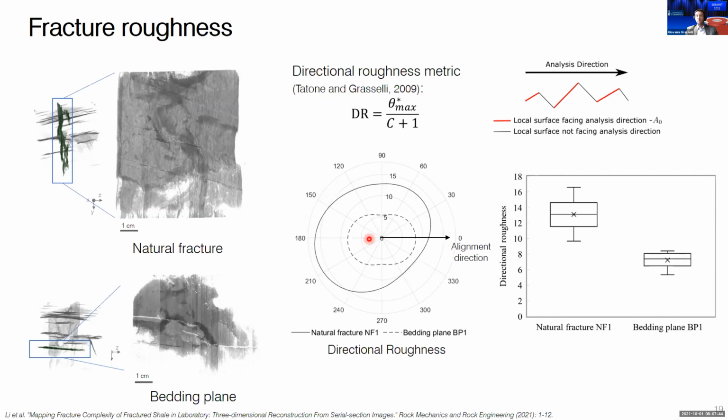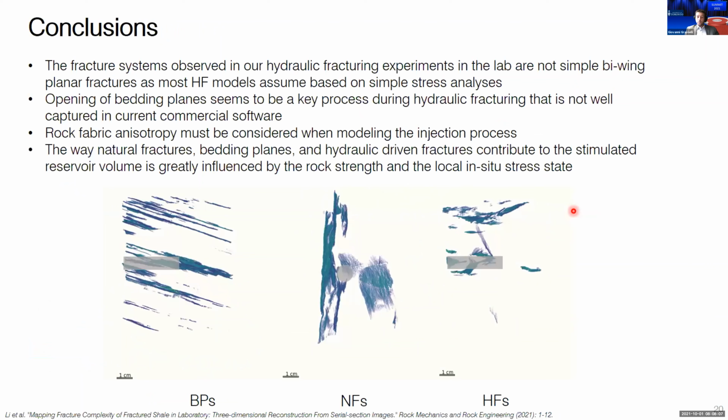That suggests that the bedding planes are smoother, and they might tend to slip easier than the natural fracture, but at the same time, their self-propping capacity would be lower than the natural fracture one. So to conclude, what we observed from this study is that the fracture system observed in our hydraulic fracture experiments